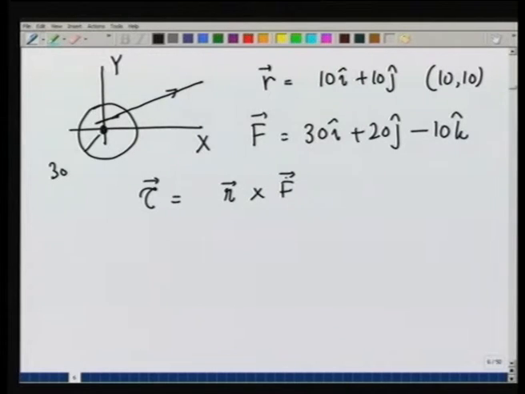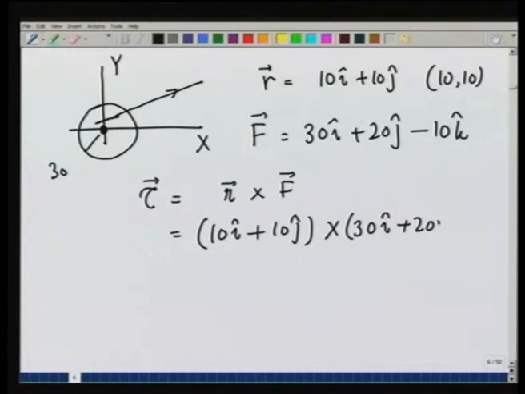Again, I emphasize, recall from your previous lecture, that this r could be anywhere along the line of action of this force. Right now, we will take r to be 10 i plus 10 j. So, this is equal to 10 i plus 10 j cross 30 i plus 20 j minus 10 k. Let us work it out, and it comes out to be